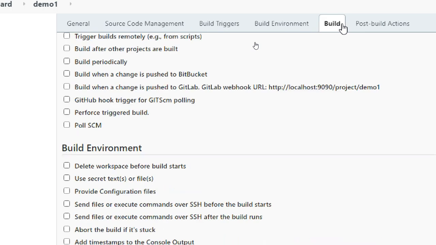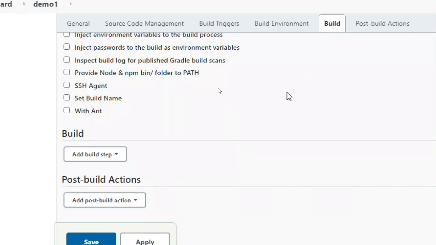Next one is build, and the last one is post build. Important things are general, source code management, and build. The remaining ones you should learn to do, improving one by one.